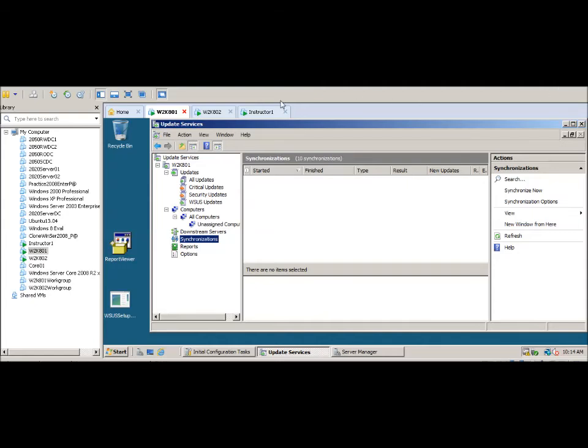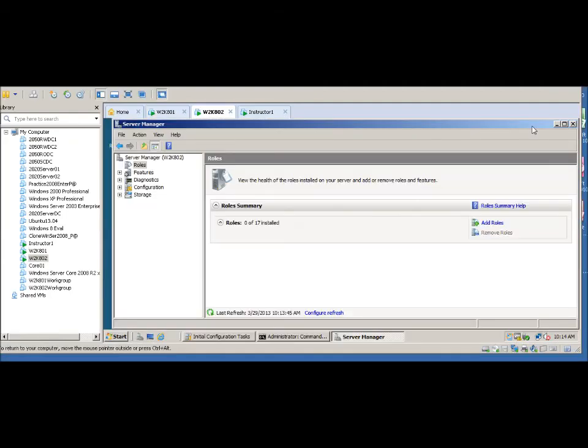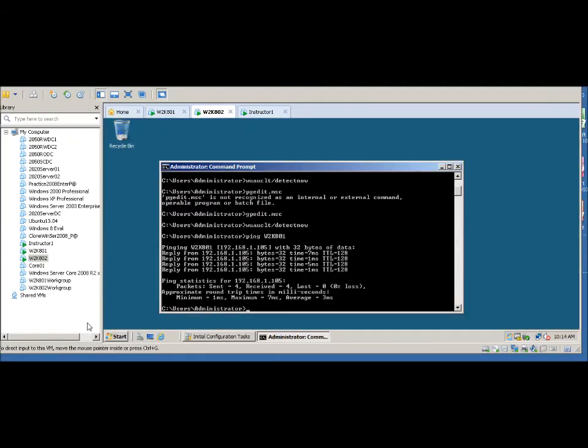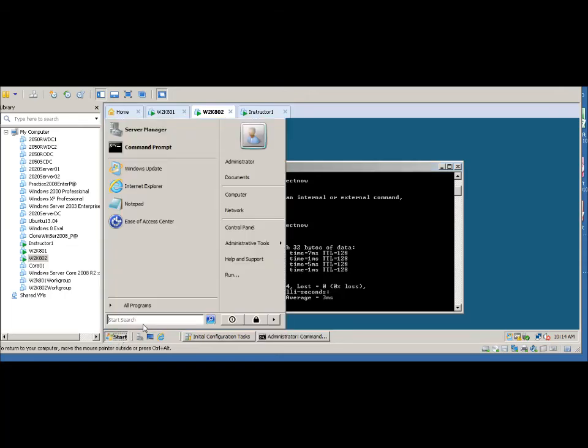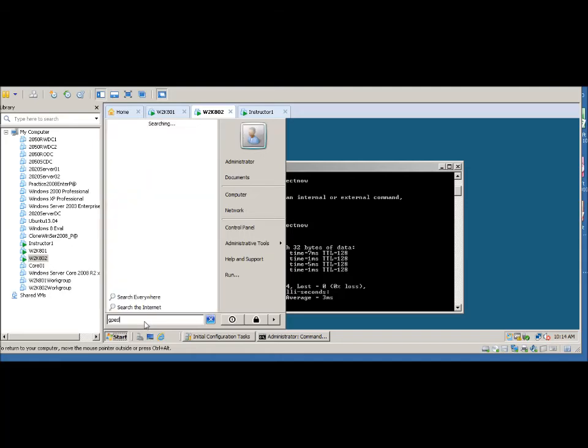While that's syncing up, we'll go over to one of the other servers, and I'll show you how to set it up to actually use that server for its updates. So we do a GP edit, gpedit.msc,